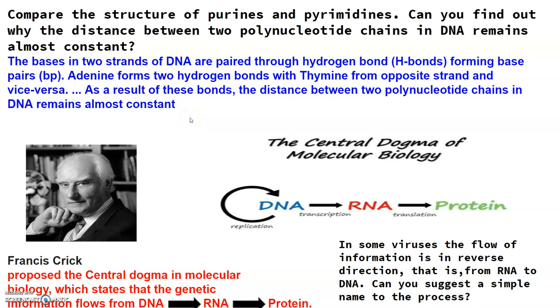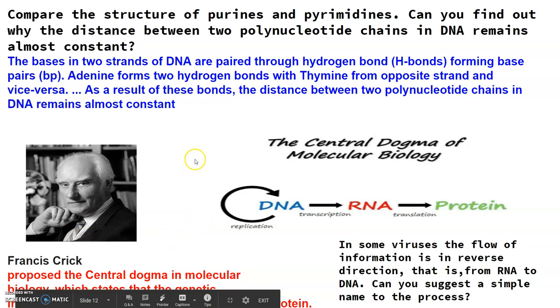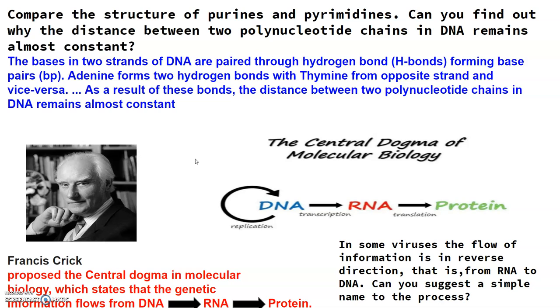Now this double helix structure of DNA and its simplicity explains the genetic implication, and it became very revolutionary in the field of science, biology especially. So Francis Crick, you can see the picture here. Francis Crick proposed the central dogma in molecular biology, which states that genetic information flows from DNA to RNA, and then it